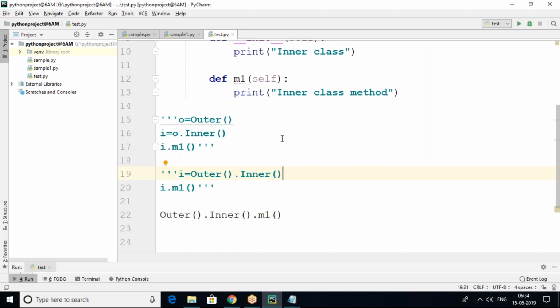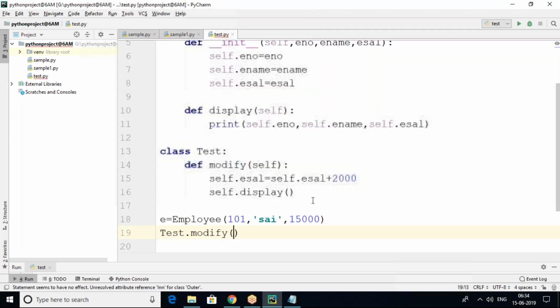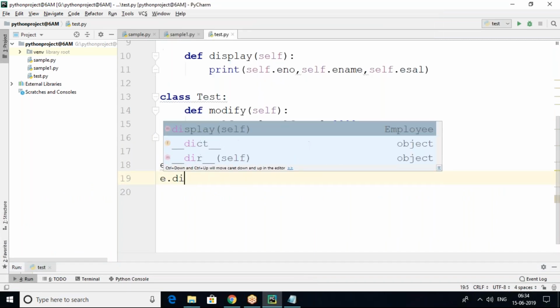Still in the previous example, I'm not able to get how that employee class object is passed to the one more class and it got displayed. See, E is the object reference of the employee class. Previously, just wait. Here, E is an object for the employee class. Now this time, whenever we execute, we got nothing because we are not calling the method, E dot display. This is clear, no?